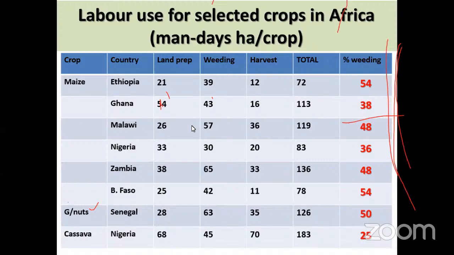Okay. In the meantime, we can continue. So this table here is an example of weeding requirements. It may have changed now, it needs a little revision, but not by much. But you notice the two columns are important. You have the total column, which is the number of hours per hectare per crop that are spent on a crop. For example, this is a maize crop, and in Ethiopia, on average,